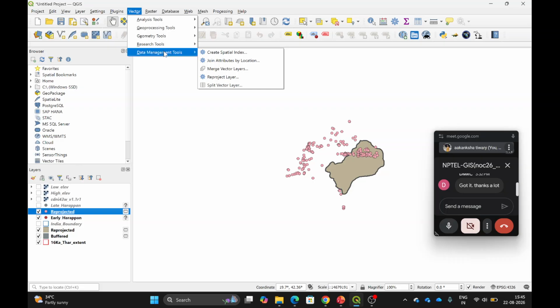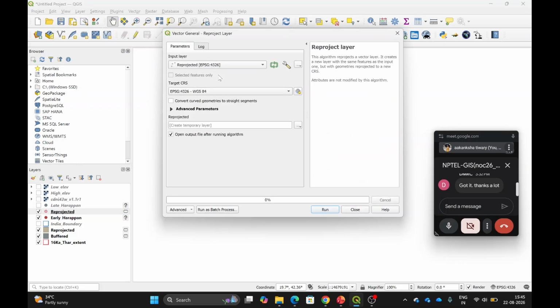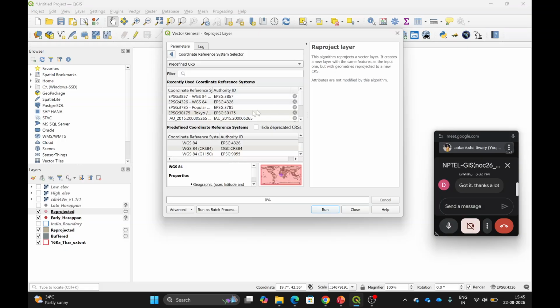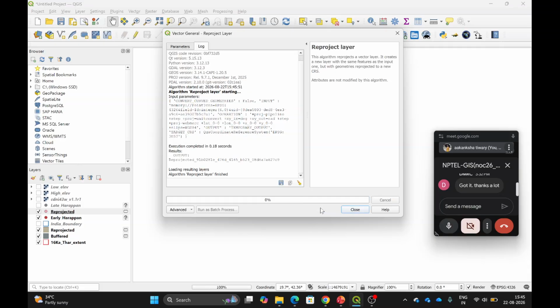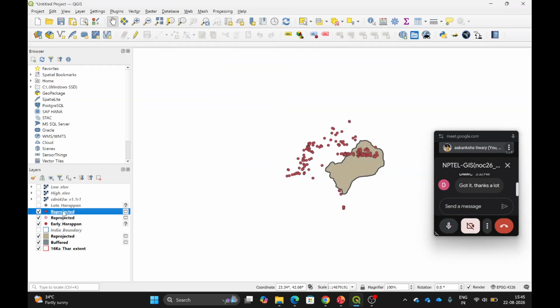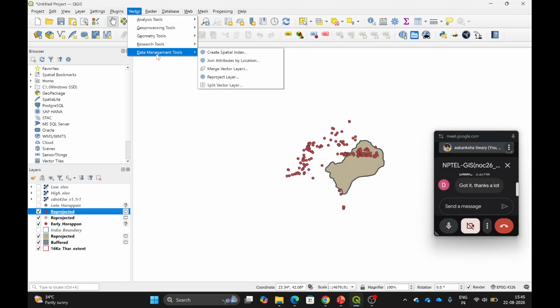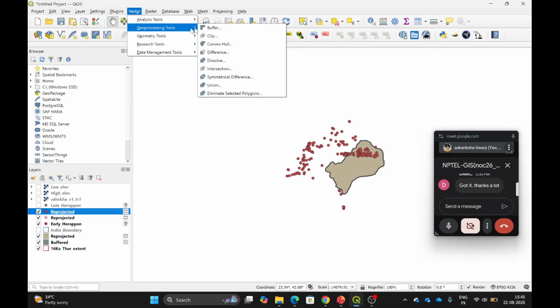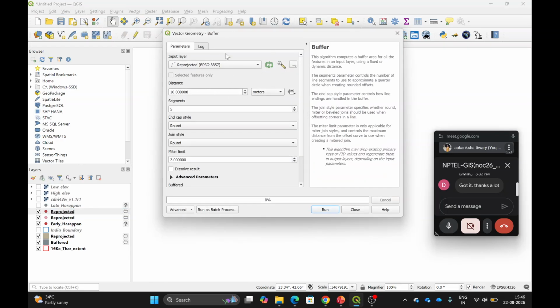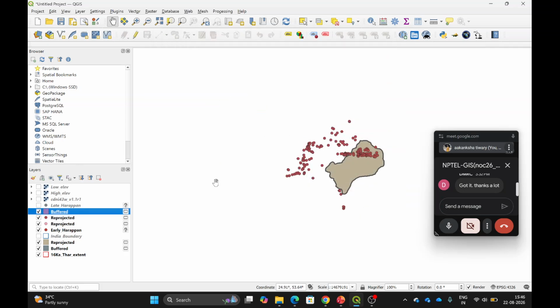Okay. So again reproject, and now we will reproject it to something that has units in meters, and then run. Okay. And now you can do this buffer analysis. So now you can see this is the layer that has been reprojected, and now the units are in meters. So now if you run this, close this,